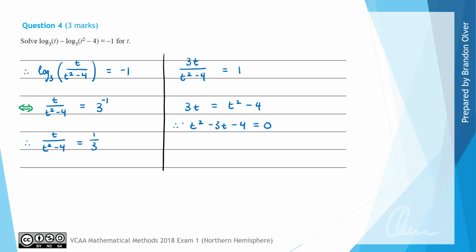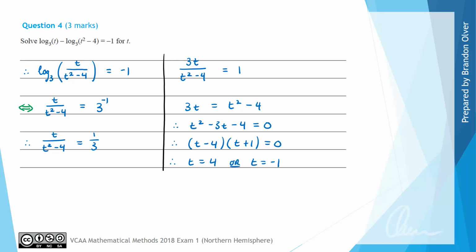And now to solve a quadratic equation, one of the ways we can do that is factorise and use the null factor law. So to factorise this, we're going to look for the factors of negative 4 that add up to negative 3. So therefore we can write this as t subtract 4 multiplied by t plus 1 is equal to 0. And using the null factor law we find that t could equal 4, or we find that